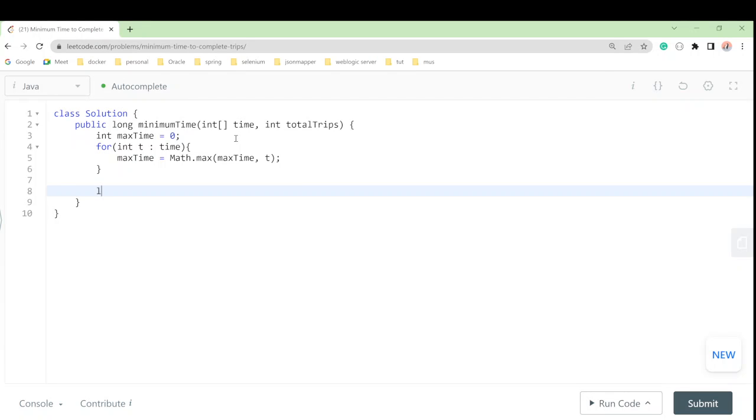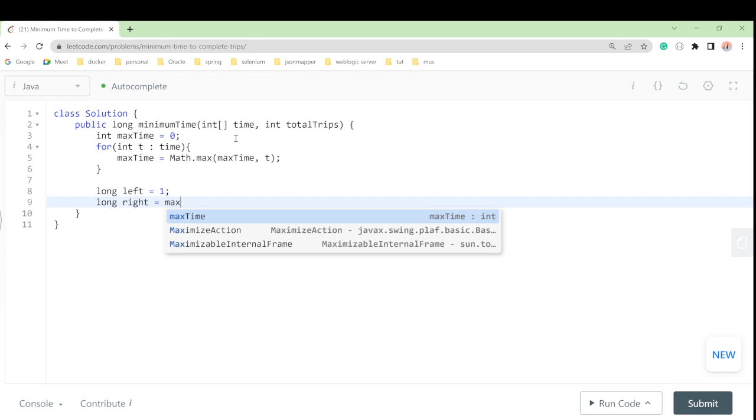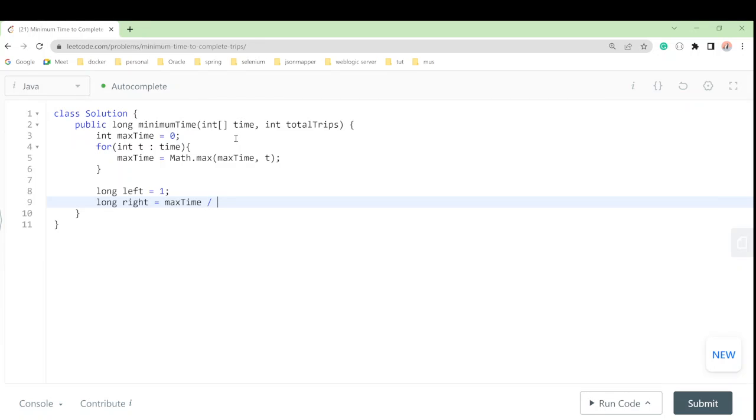So let's suppose I'll take long as a time because the return type is long. So I'll take long, and this is our left. We'll start with left as 1, as we have discussed, and then we will use long right. So right is nothing but we'll take the maximum time, which we have talked about already, and divide by